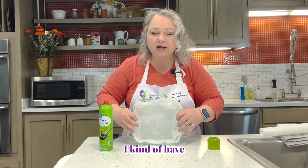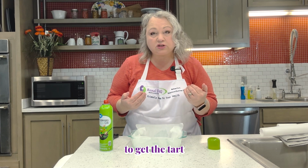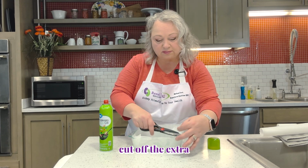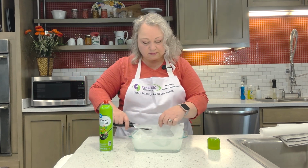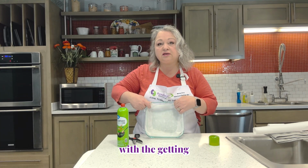So there you see I kind of have a nicely placed parchment. It makes it easy to get the tart out later. Then I just kind of cut off the extra little nibbles. It's not necessary for you to do this, but it does help quite a bit with getting the tart